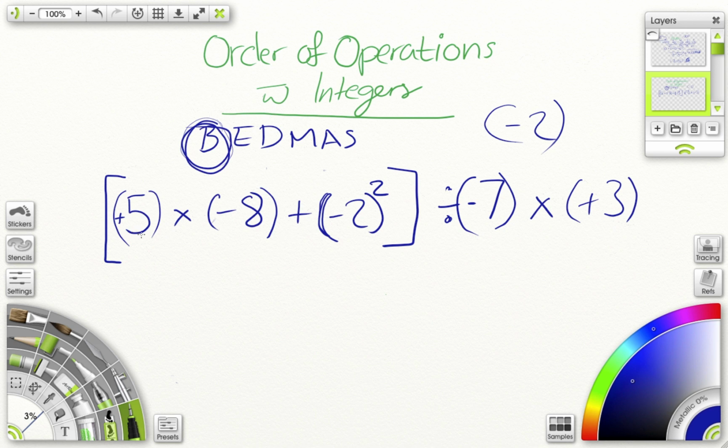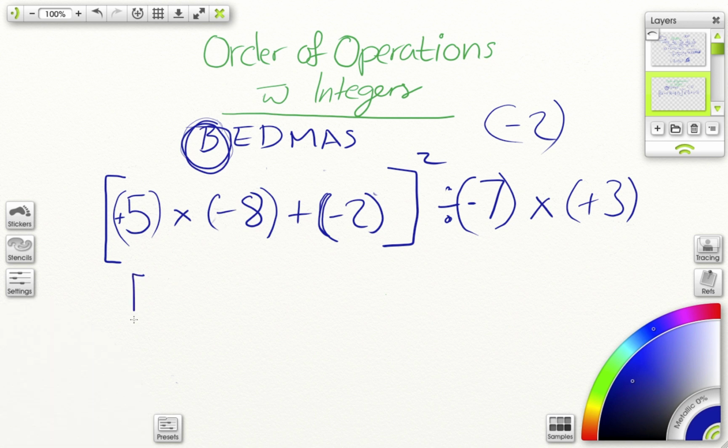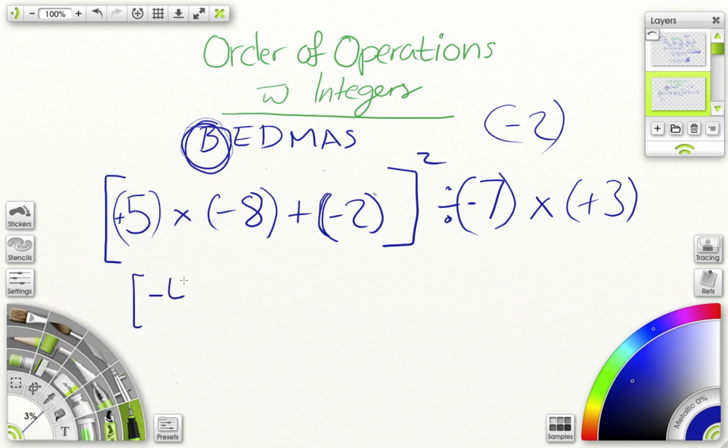So I have, let's do my bracket. Actually, I'm going to change this question just a little bit to make it a little easier. There we go. So I have positive 5 times negative 8. So positive times a negative means my answer is going to be a negative number. So I'm at negative 40